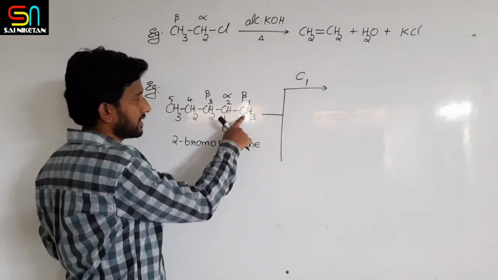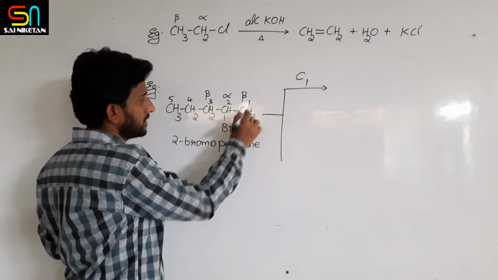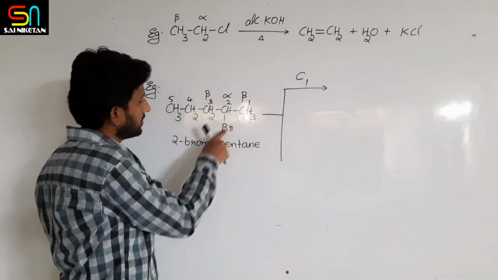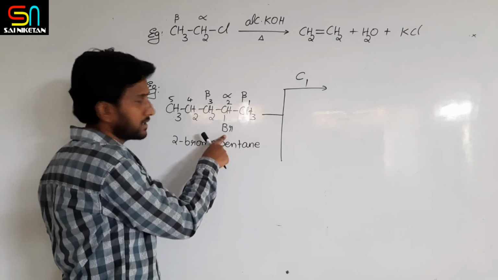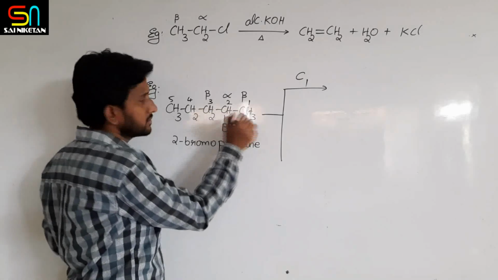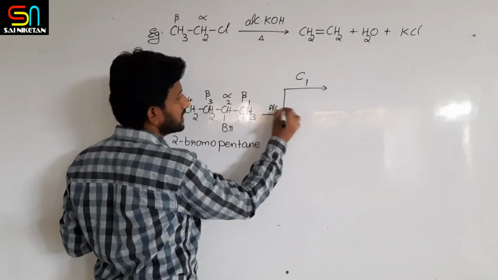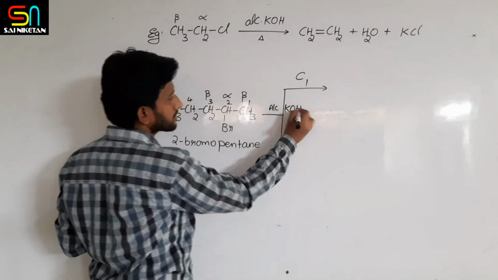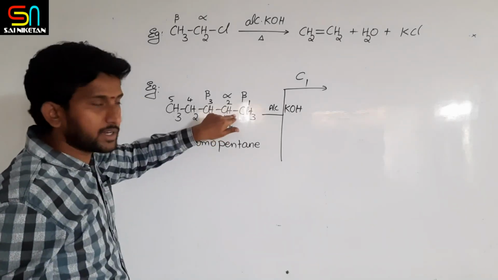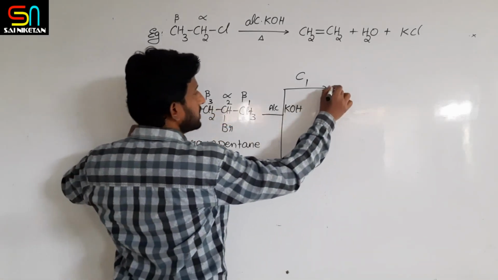This is the beta carbon. So if proton is removed from this carbon, halogen will be removed from this carbon. So where will I get the double bond? Between 1 and 2. So with alcoholic KOH, if I do the reaction, what should happen? I will get double bond between 1 and 2. So the product must be